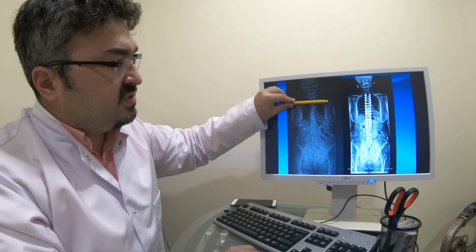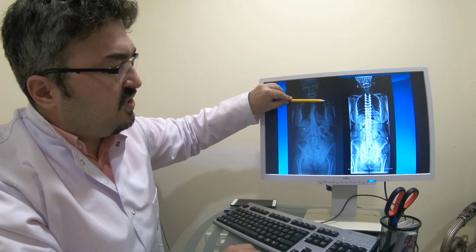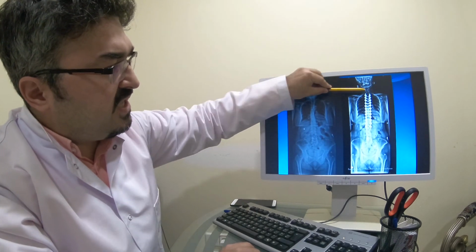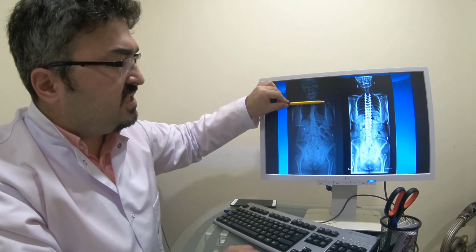And also you should see that the height of the patient has increased at least 5 or 6 centimeters after